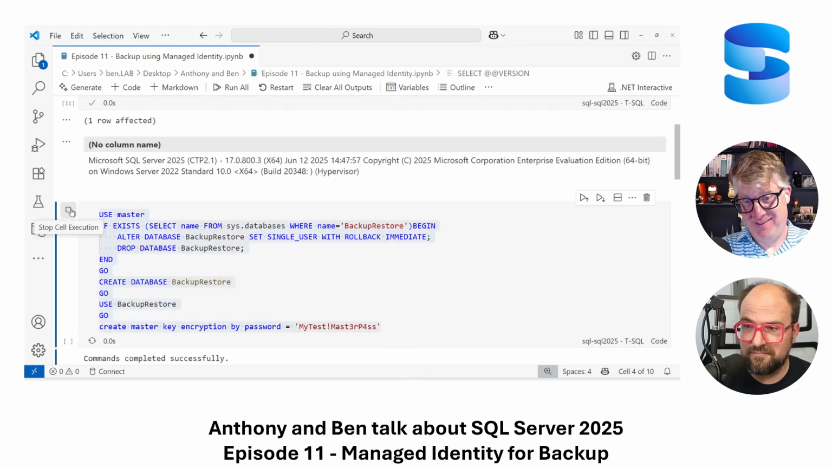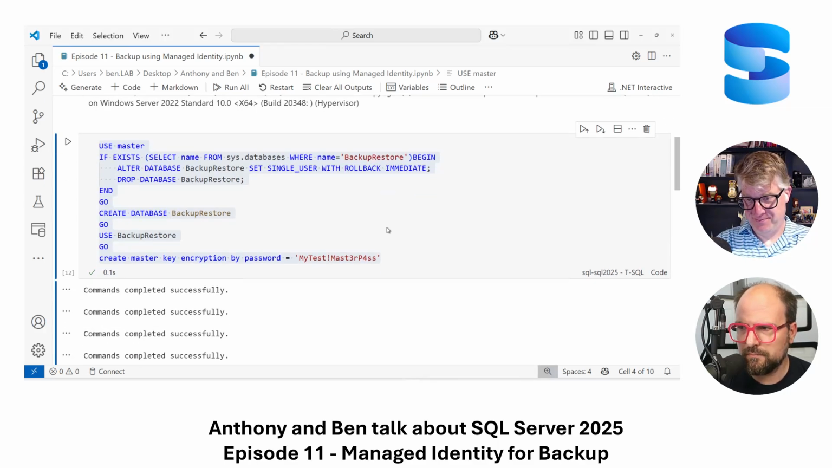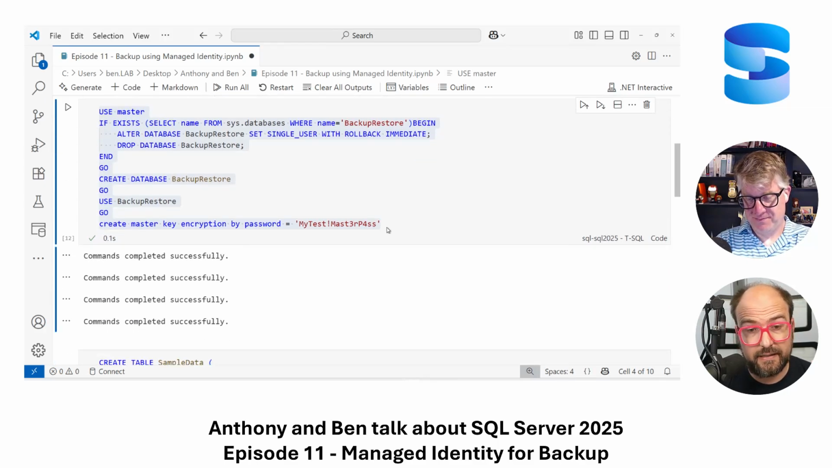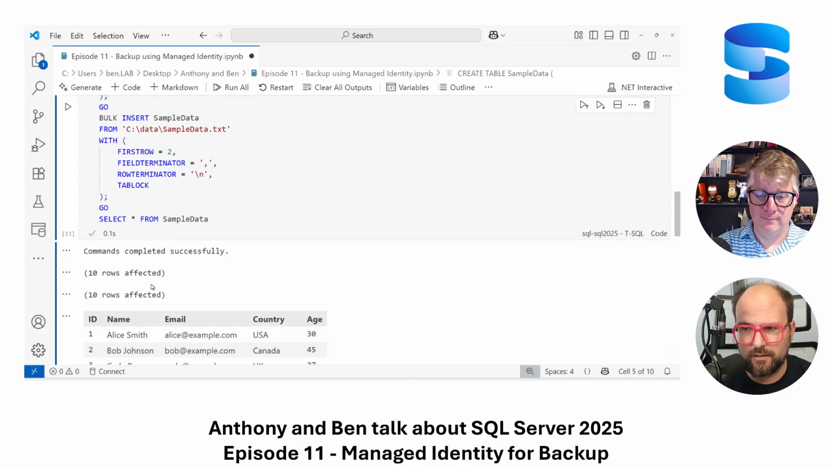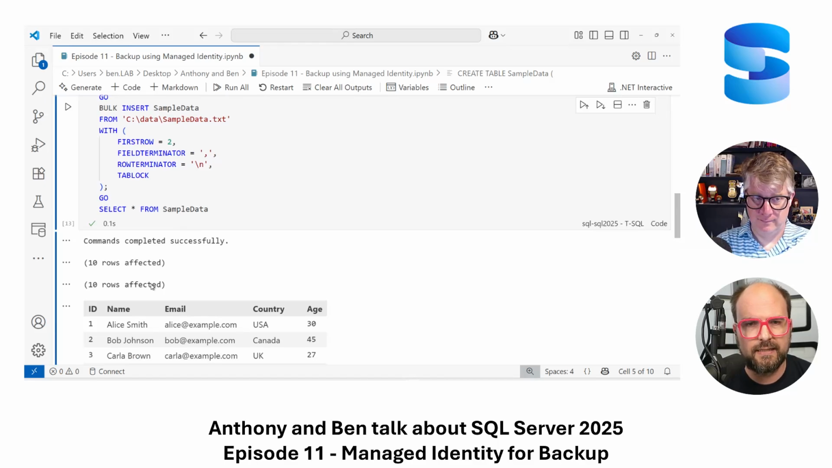So always nice, Ben. I'm creating a new database here, calling it Backup Restore. And the other thing I did in advance is I created a storage account in Azure because what I want to do today is backup to URL, which you can do to an Azure storage account, for example. So we actually have some data to back up, I'm going to create some sample data here. That code may look oddly familiar to you from one of the previous episodes. It's the exact same one I was using when we did the S3